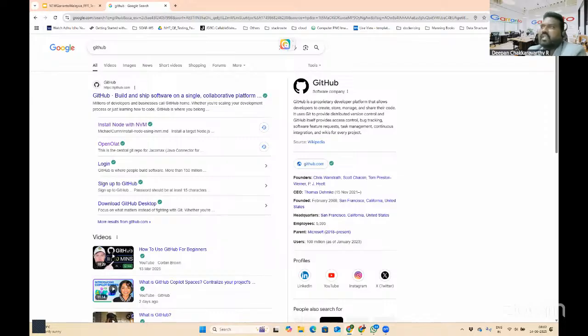Clone. Cloning is the process of creating a local copy of the remote repository. Now that we have a remote repository, how do I make that project available in my local? As a developer, maybe there is an open source project made available publicly in GitHub. Now I want to make changes in that open source project. So how can I do that? I need to clone that project to my local. So cloning is a process of creating a local copy of a remote repository, right?